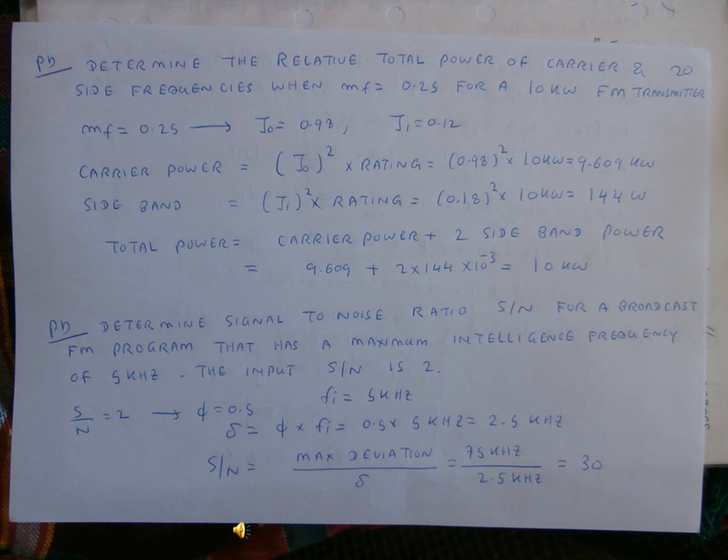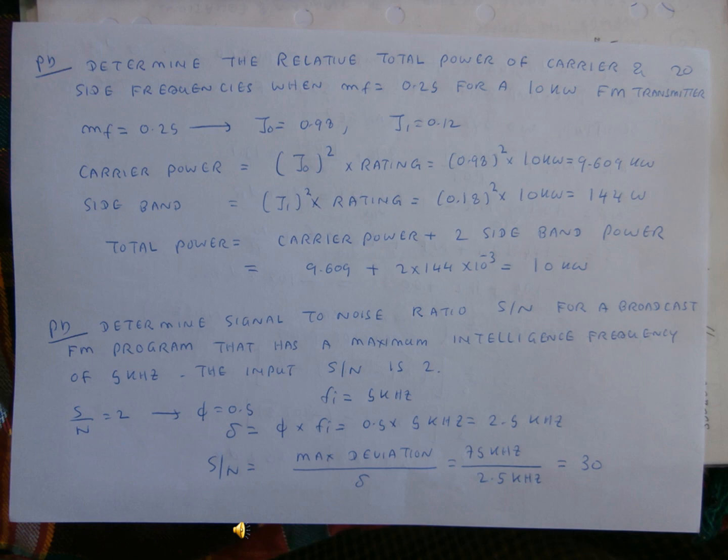And sideband power equals J1 squared multiplied by the total power, so 0.12 squared multiplied by 10 kilowatts, so you get 144 watts. So total power equals the carrier power plus 2 sideband powers, so that will be 9.609 plus 2 multiplied by 144 multiplied by 10 to the power minus 3, and you get 10 kilowatts. Another problem: determine the signal-to-noise ratio S over N for a broadcast FM